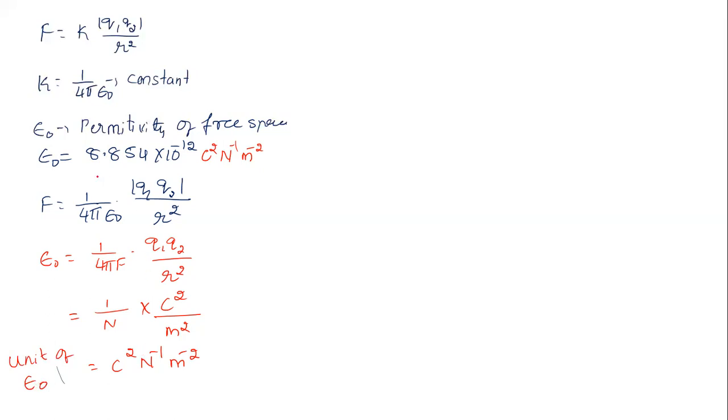So if you put this value of epsilon naught in the equation, let us take this value. K equal to, we know, 1 by 4 pi epsilon naught, that is equal to 1 divided by 4 into pi, meaning 3.14, into epsilon naught, which is 8.854 into 10 power minus 12. If you insert and simplify, you get a value 9 into 10 power 9, and the unit is what now? Look here. 4 pi is constant, epsilon naught is in the numerator. Here, one question you can ask me: sir, what exactly is the spelling of this? Epsilon naught, what we call this is EPSILON.